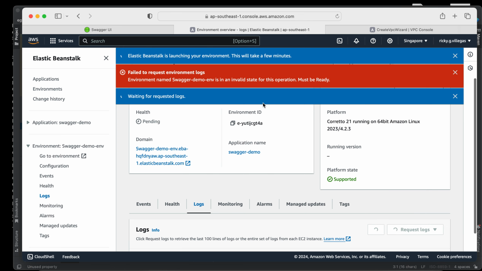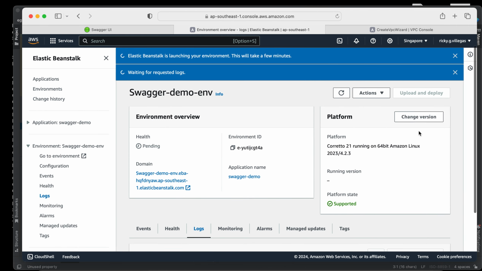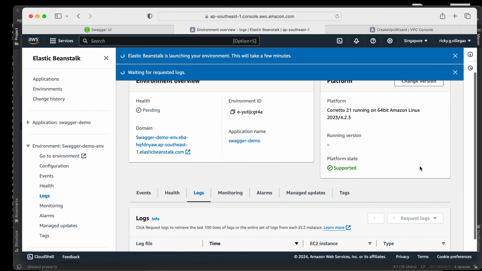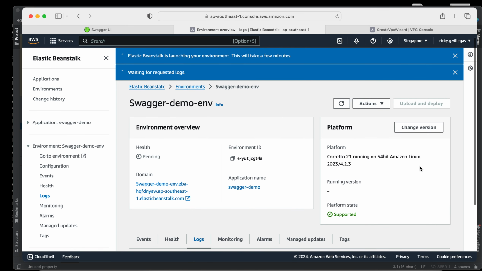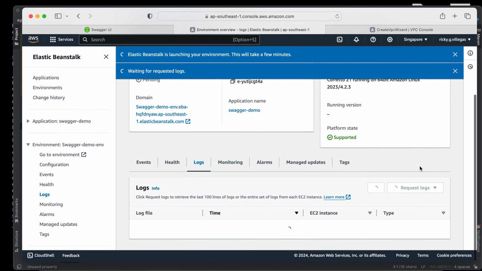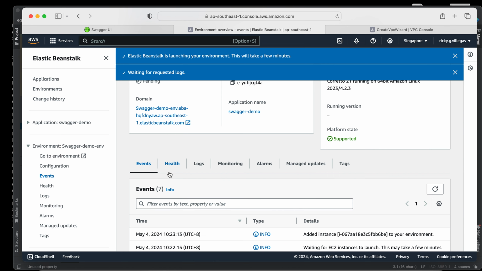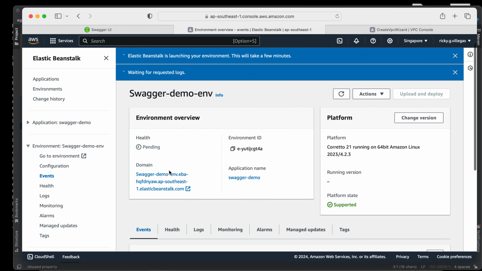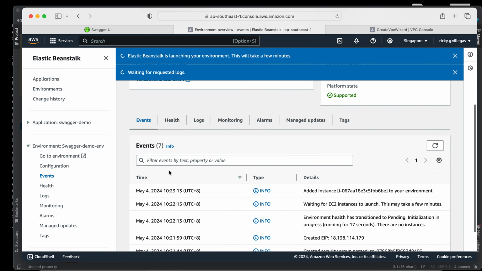Oh, failed to request environment logs. I think there is some issue with our VPC.